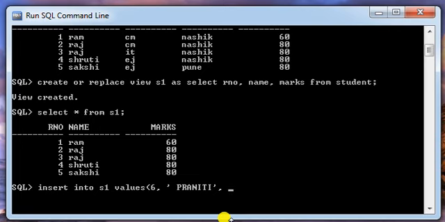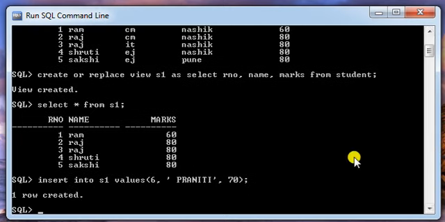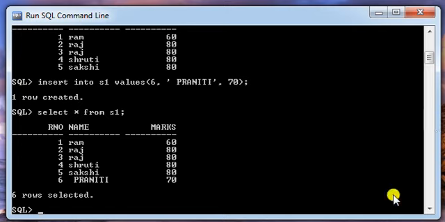Then comma, and the last value from the view, that is the value for marks. This is the last column from the view. I am entering the marks, then close the bracket, semicolon, and then enter. It gives one row created. One more time I am displaying the data from the view. Now this row with the roll number 6 is added to the view.